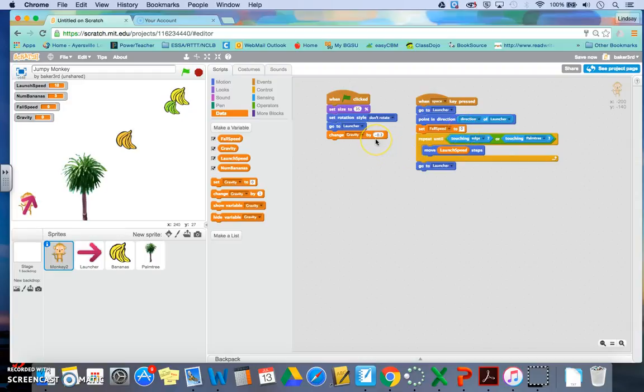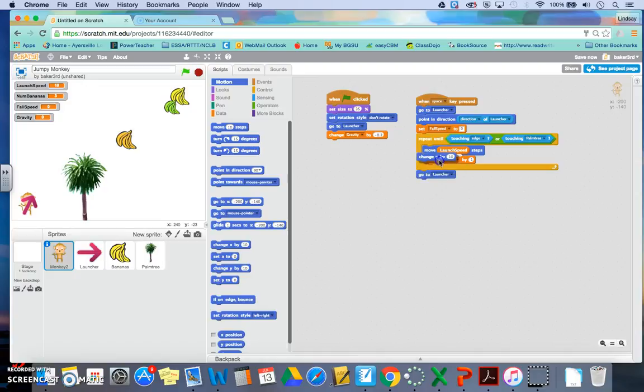Okay, this block that just helps make it so he actually does fall down. The fall speed block, this helps with the moment when it's launched, not necessarily falling yet. Okay, and then we also need to change fall speed. And that is going to go underneath here, and I need to add change